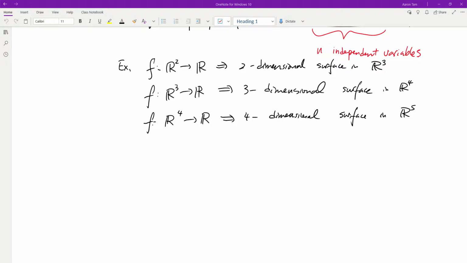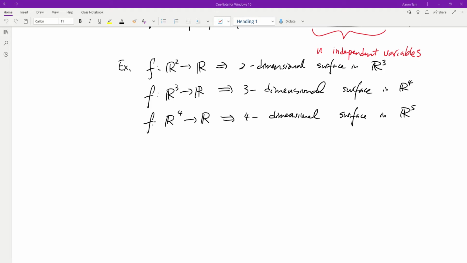Hi everyone. Today we're going to continue on 4.2. So if I remember correctly, the last thing we talked about was trying to understand, when we have a real value function of several variables, what the graph of those functions would be. So I showed you that when you have a function that goes from R2 to R, it would be a